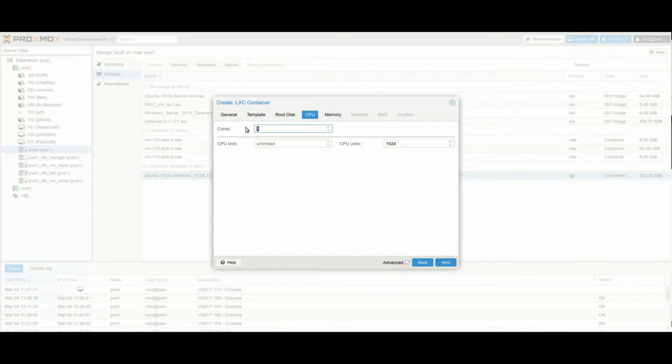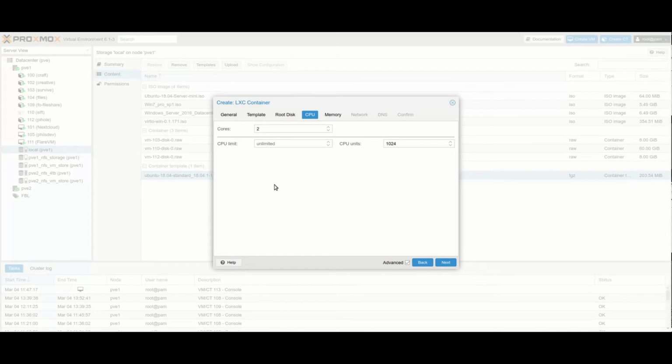Number of processors is 4, and you're like, wait a minute, that's a lot for DNS, and it's true. Let's go to 2. But even 2 is kind of high. But let me explain how processors work inside an LXC container. They don't take away from the host. When you create a VM, it creates the VM and it pulls those processors away from the host. So when you say 2 cores, you actually are allocating 2 cores to the VM. In a container, all you're doing is limiting to 2 cores. You're saying you can only use a max of 2 cores. You're still keeping those processors accessible by the host and other machines, as a matter of fact.